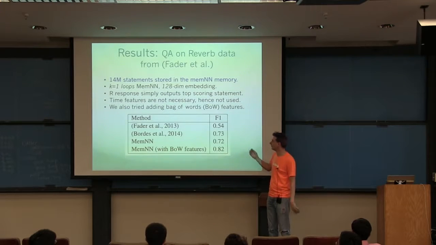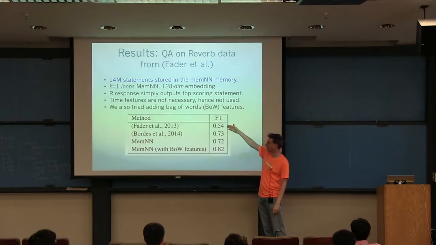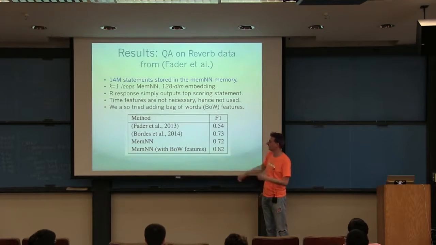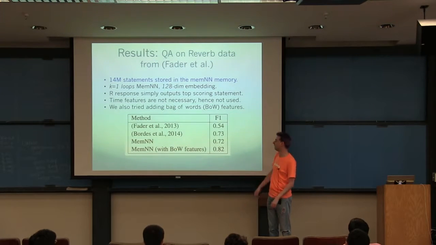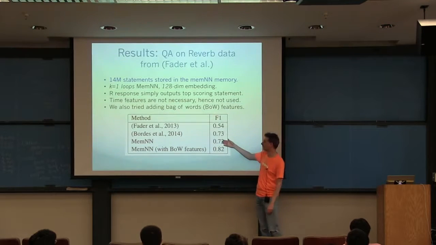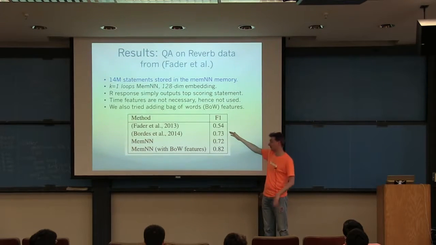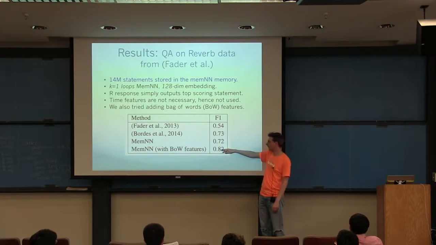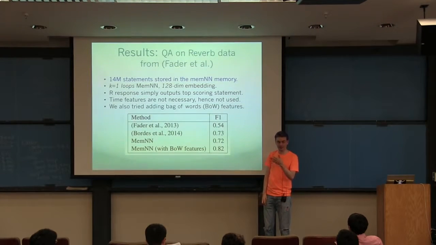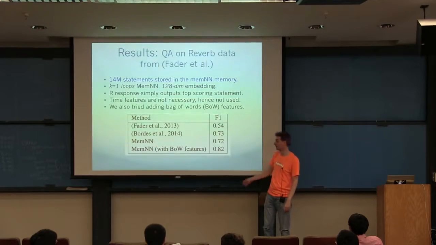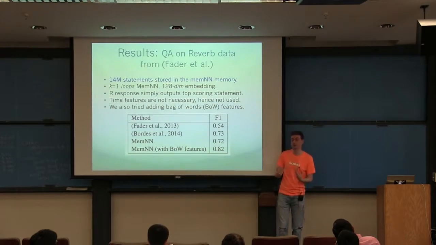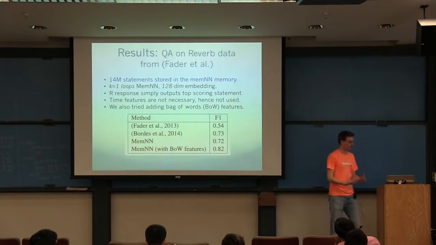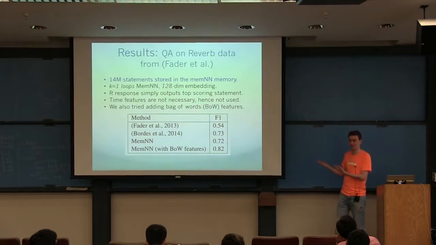Performance in terms of F1 score, we're comparing with the original model, the Fader et al. model. Large is better. And this is our memory network model here. It's very similar to something else that we worked on before with Antoine Bordes at Facebook. And it's better than the original model. And when we add these extra QD match features that I was showing in the earlier slides, which we call bag of words features, you can get some boost. But generally, the story is it works on this kind of problem.